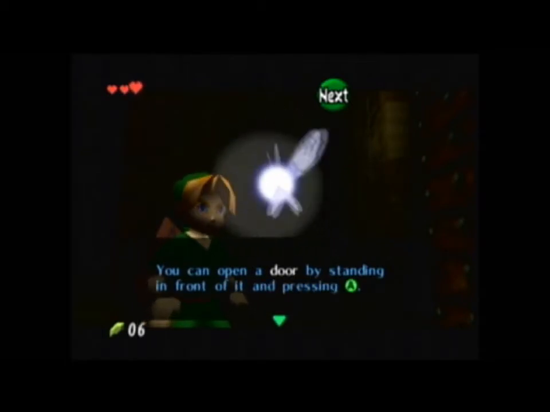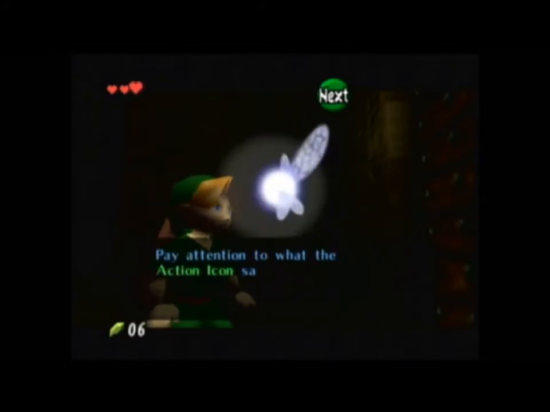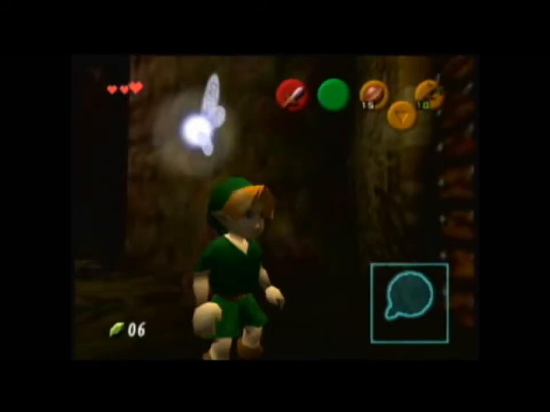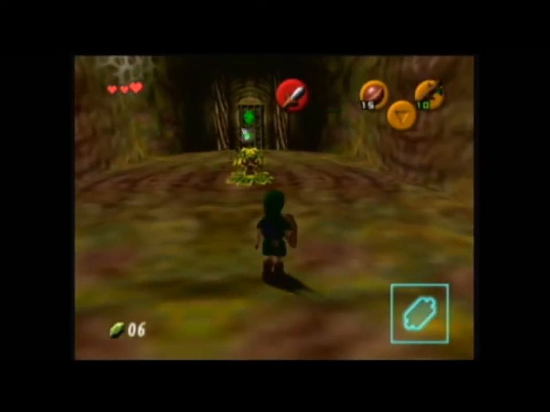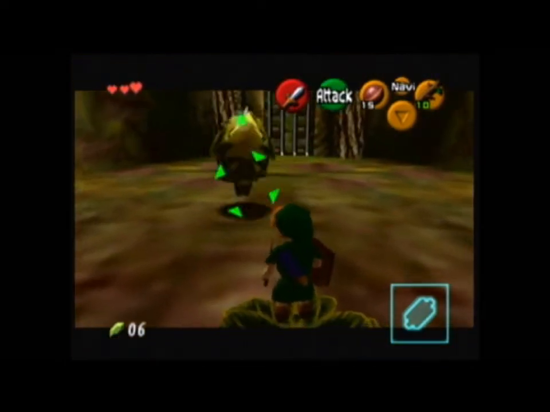You can open the door by standing in front of it and pressing A. Pay attention to what the action icon says. That's the green icon at the top of the screen. Yeah, anyway, okay, let's... Come on, I know you will...